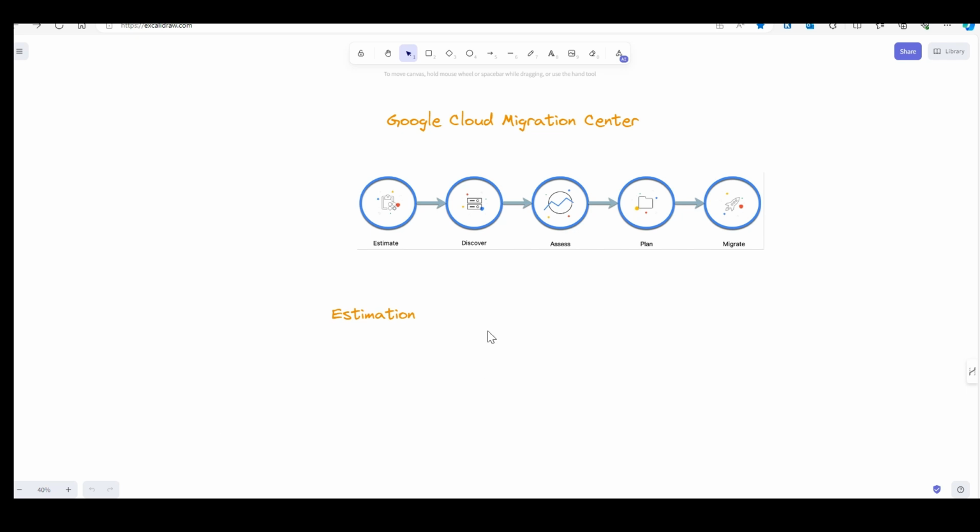In this video, I will be talking about Google Cloud Migration Center. We have already discussed what Google Cloud Migration Center is in our previous video. Google Cloud Migration Center is a unified platform that helps you accelerate your end-to-end cloud migration journey. There are certain phases or steps, and in each step there are certain tools that